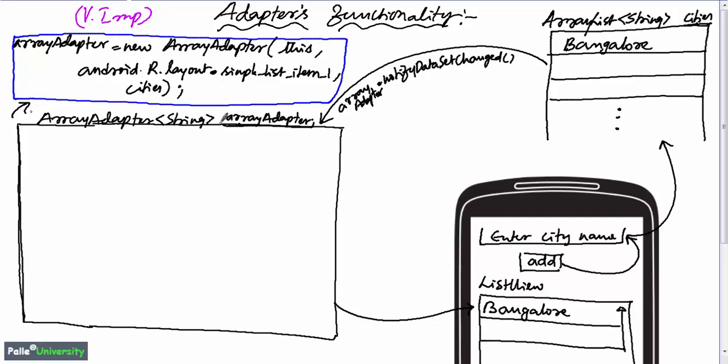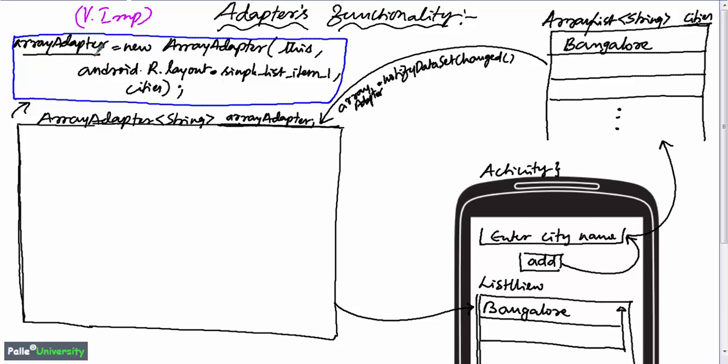Since we are writing this array adapter to communicate with this list view, and since this list view belongs to our current activity, internally our current activity object is going to use this array adapter. That's why we have mentioned the first parameter as this, which says this array adapter object is going to be used by our current activity.